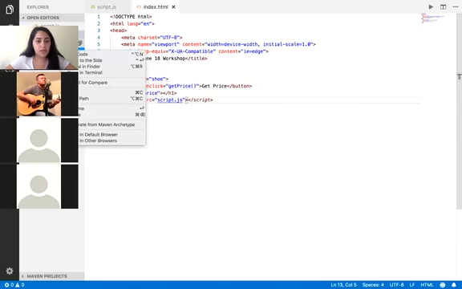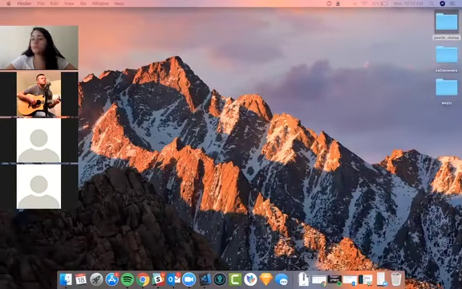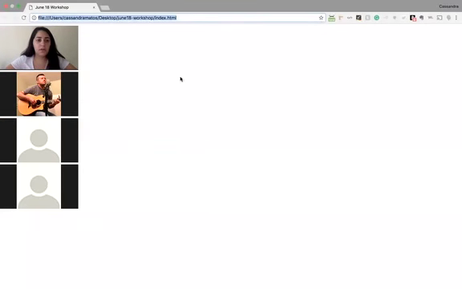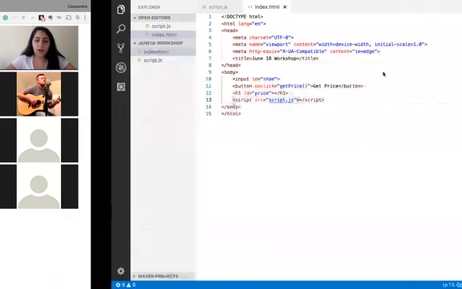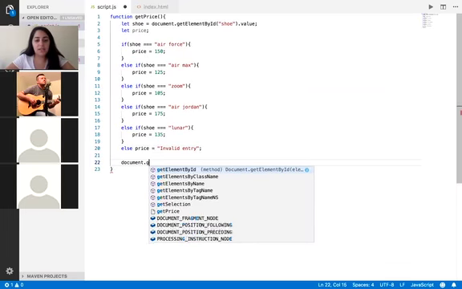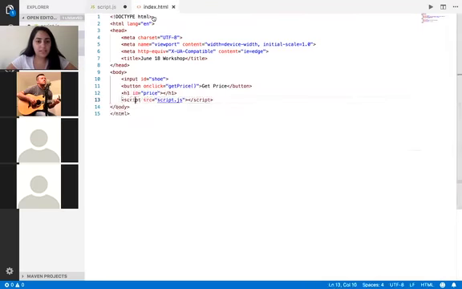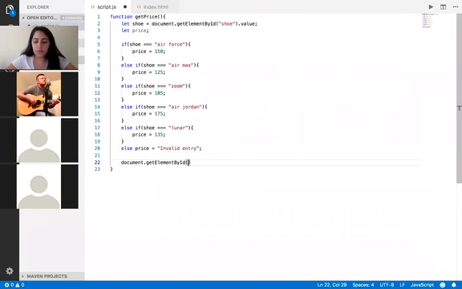All right, so then we'll go ahead and open this, and it's opened over here. Move that over here. So if I go over here and I type in Air Force, I don't get anything. Oh, I forgot to change the inner HTML. That might be helpful. So I need to grab my document, get element by ID. The ID of that H1 tag is price. So price